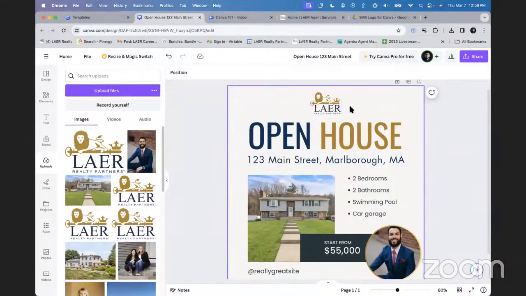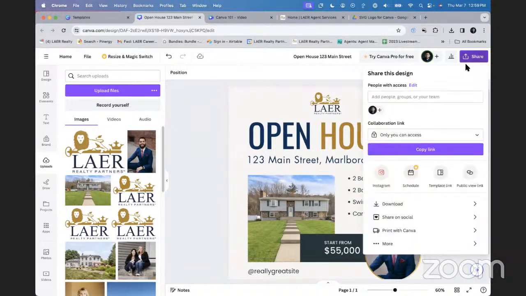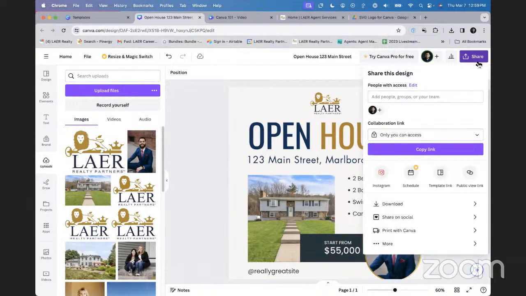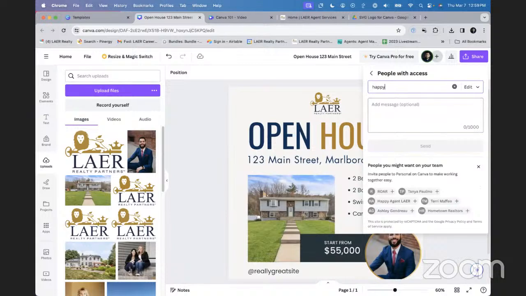You're also able to share these documents with other people. So for example, if I want to work on this design with someone else, let's say you're working with a designer, you have a general idea of what you want, but you want to send this to someone else, you can click on this share button on the top right. Once you have your design where you want it to be, you can click on share, and we can give people access if you know that person's email. So I'll type in our